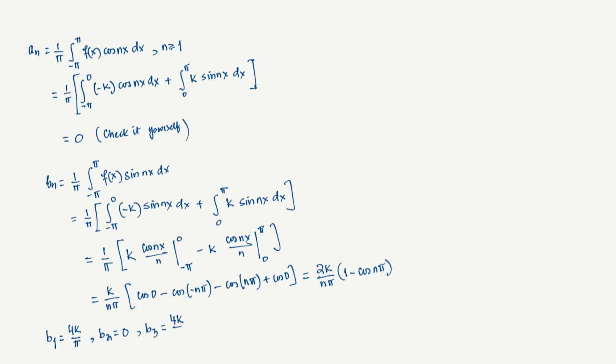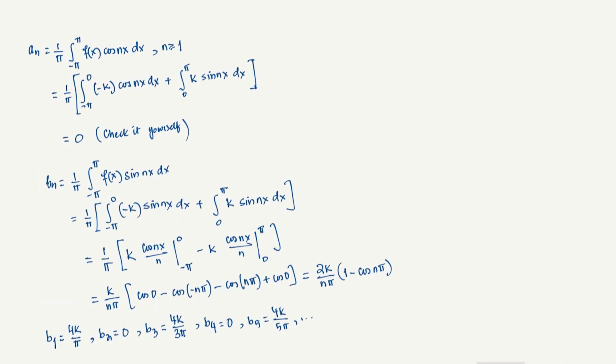So b3 becomes 4k by 3 pi. Clear? And then b4 is again going to be 0, and then b5 is going to be, of course you don't have to write everything, but for now I'm just writing a few terms, but you can go on. And you do realize that that will give you a series. So let me write down what the series is. So in this case, the Fourier series of f of x is given by 4k by pi,